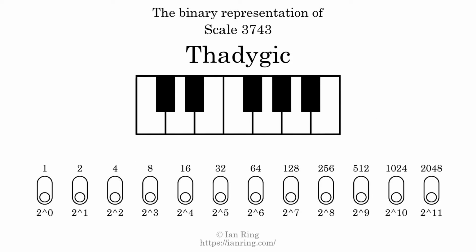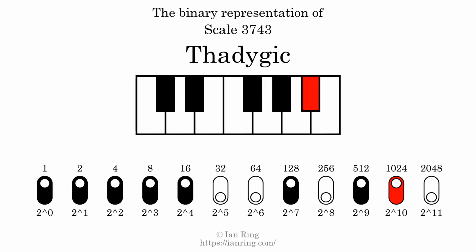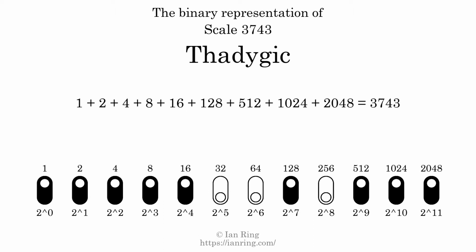The binary representation of this scale is determined by mapping tones of the scale to binary digits. Each binary digit represents a power of 2. To get the scale number, we add the powers of 2 together. The powers of 2 that are present in the scale, all added together, equals 3743. That is why the scale number, in decimal, is